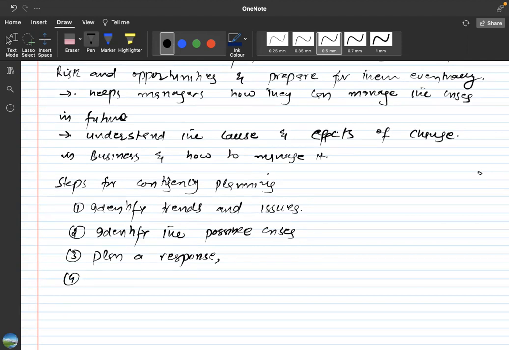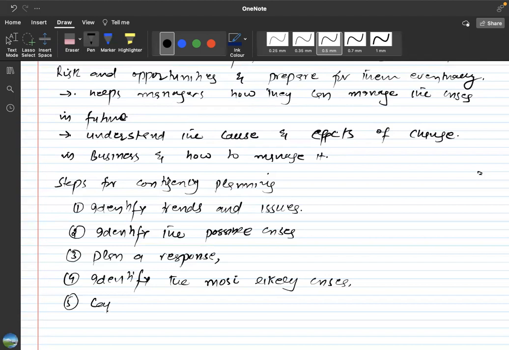There is another step: identify the most likely crisis. It's not the case that every crisis will impact business in the same way. So business can identify a wide range of crises and the ways they can impact the business. There are probabilities that something will impact less and something will impact more. We can identify which events are more likely to happen in future, and which events will affect the business most in the future. And then the fifth one is